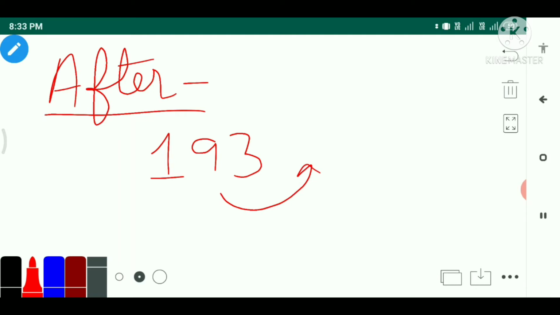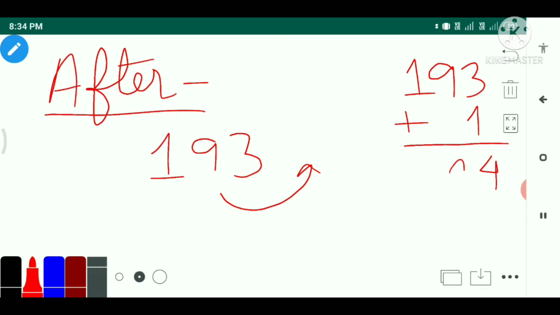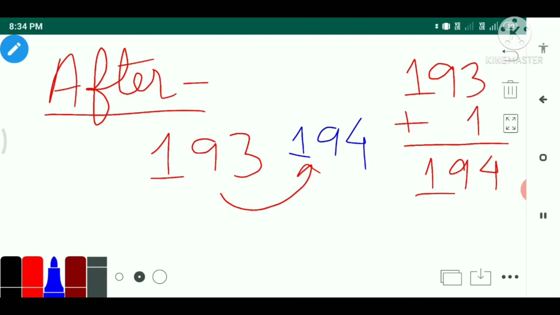In order to find the after number, what we basically do, we'll do plus 1 with that number. So we'll do plus 1. It will become 4, and this will become 9, 1. So the number that will be placed after 193 will be 194.